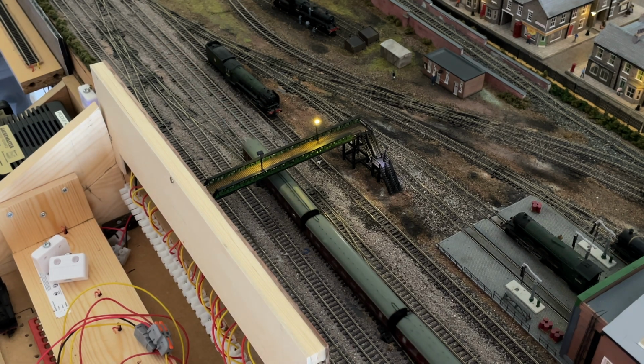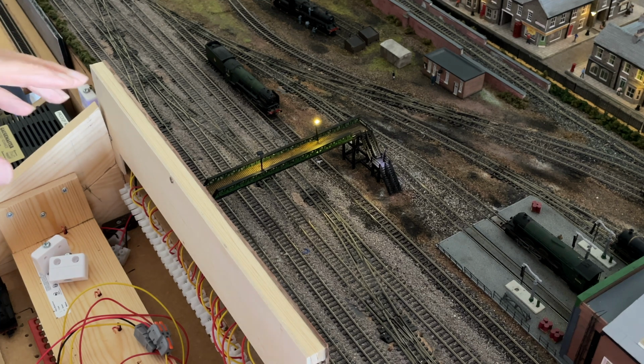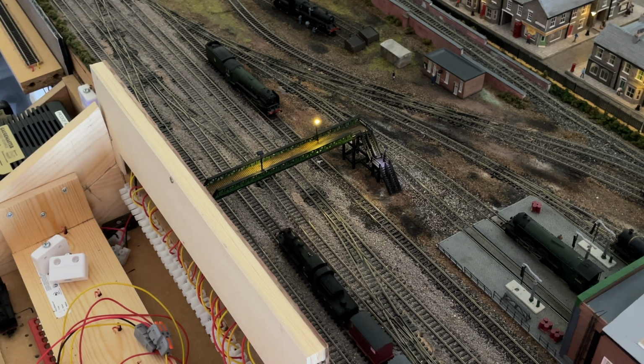I've really enjoyed making this. It's taken a lot of time, partly because I was having to work out how to do things and think about them, because I made sure I painted everything before I put it in, and it all got a final lick of black paint once I'd finished,